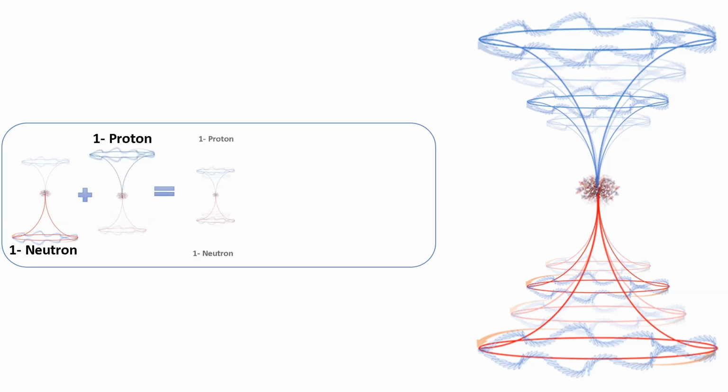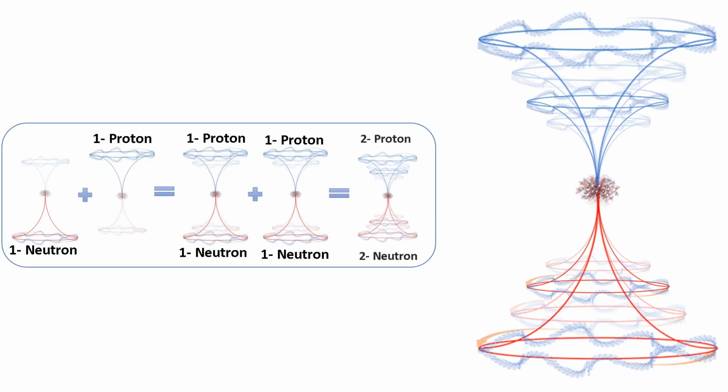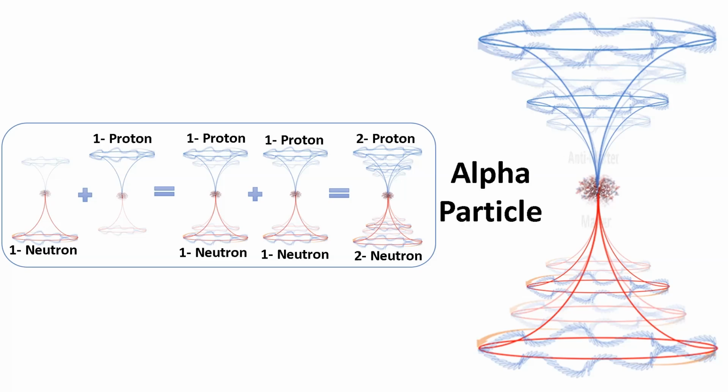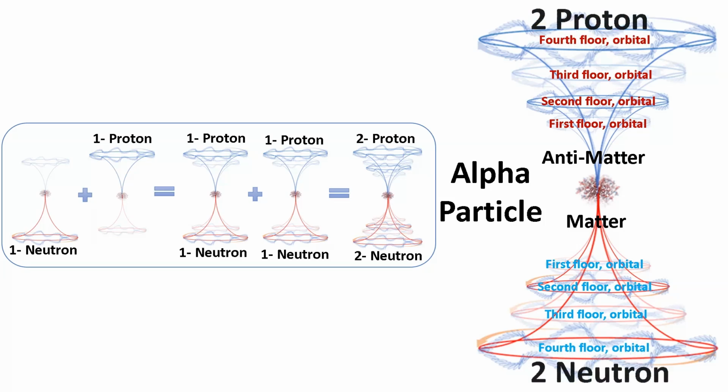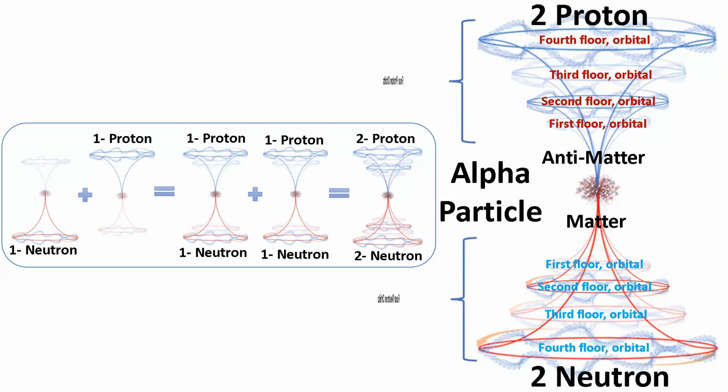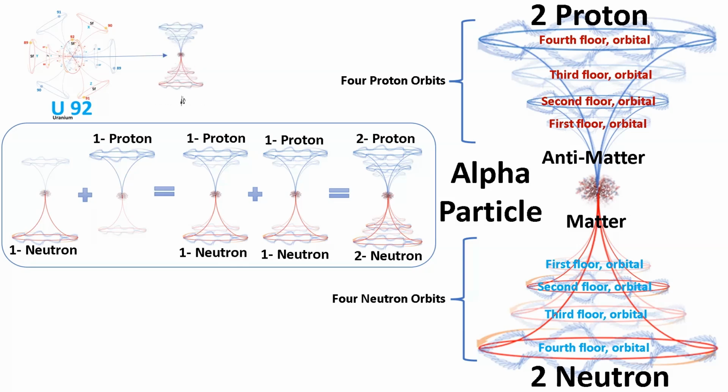Alpha particles and their formation in atomic nuclei. Alpha particles are composed of 2 protons and 2 neutrons, both actively situated on either side of the nucleus's central gravitational point. These particles arrange themselves across 4 orbital layers, collectively forming an alpha particle. Each side of the central vortex houses 4 neutron orbits and 4 proton orbits, representing the balance between matter and